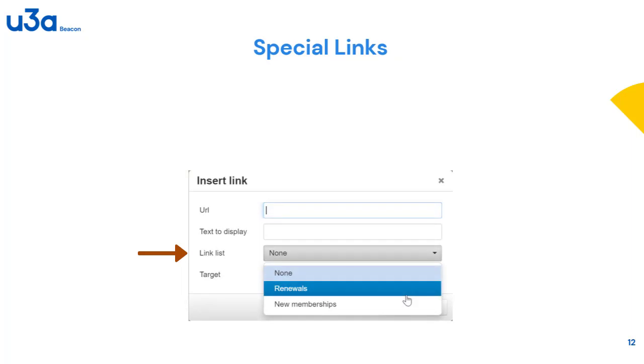By selecting from the link list, you can insert links for membership applications and renewals online if they're configured for your U3A. When renewals is selected from the link list, the URL field will be populated with the members portal URL shown in your public links settings. The link will also include the member's membership number, so when the member clicks the link, they'll be taken to the members portal page and they won't need to provide their membership number, as Beacon will know it from the